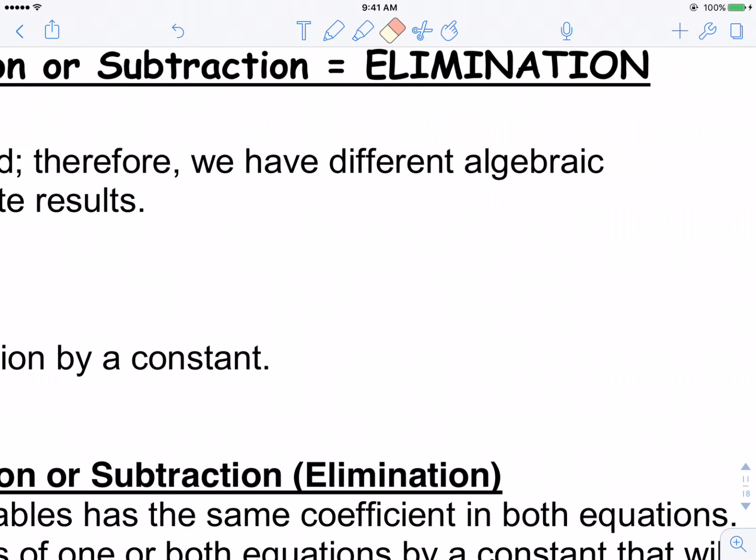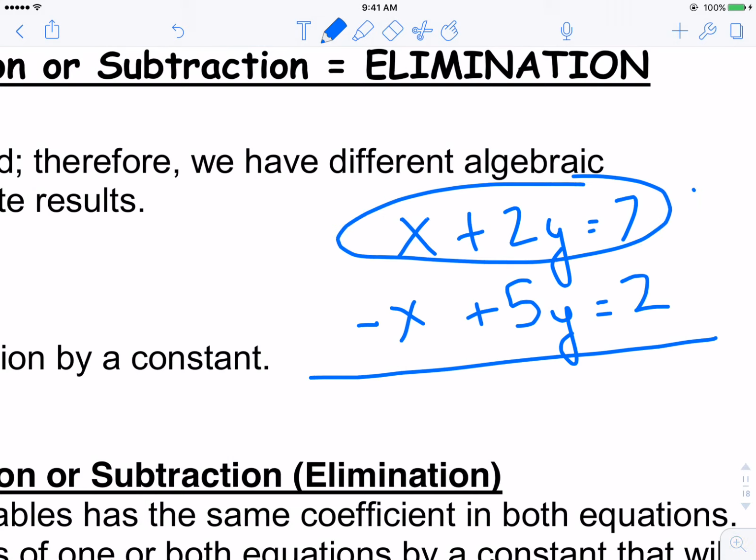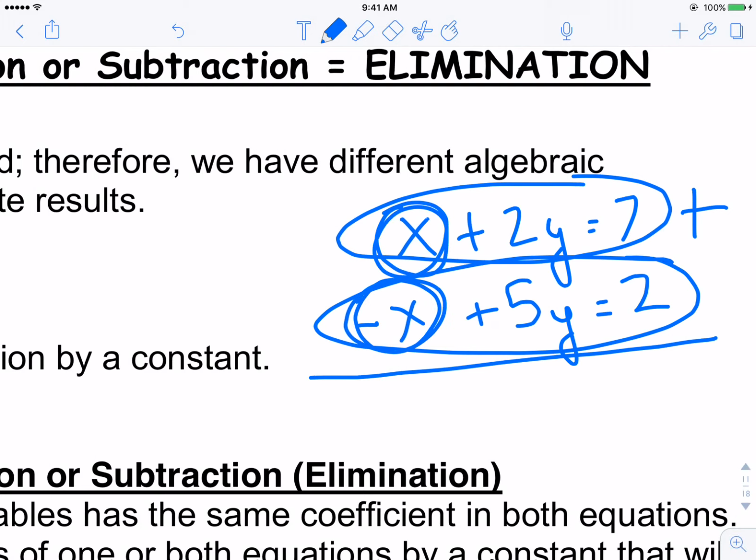If this is our system, x plus 2y is equal to 7, and x plus 5y is equal to 2, then, actually, you know what, I'm going to change this to a negative x, just for simplicity. If I add these two equations together, we'll see that the plus x and the minus x cancel, which will leave us with 7y is equal to 9,